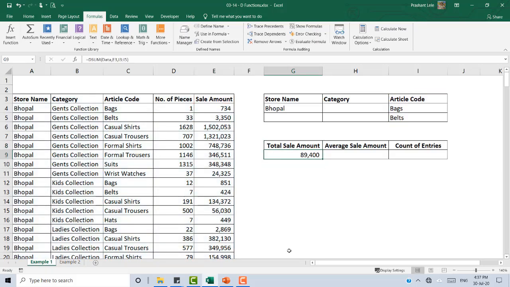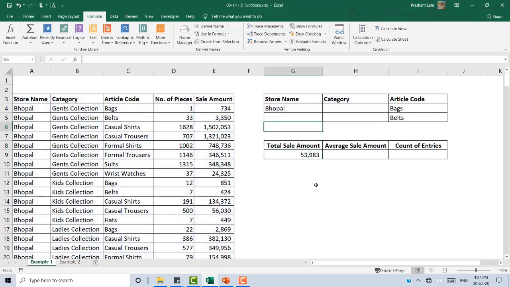Okay guys, so if you extend your criteria from here to here, then it will add Bhopal also into your criteria, Bhopal store. Okay, but there is a rule for that. You cannot keep this blank. If there are two rows in your criteria, then you should fill something there, otherwise it will not give the correct answer.